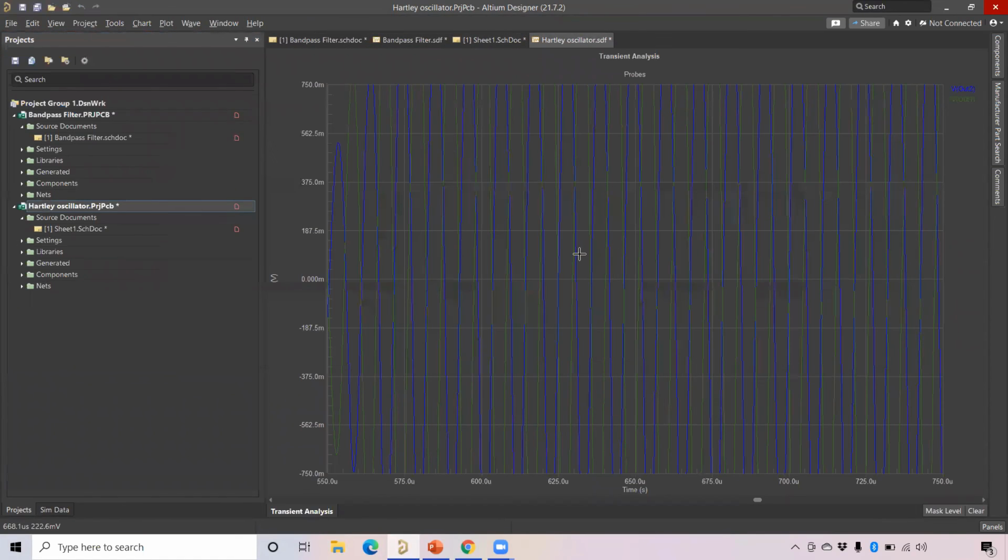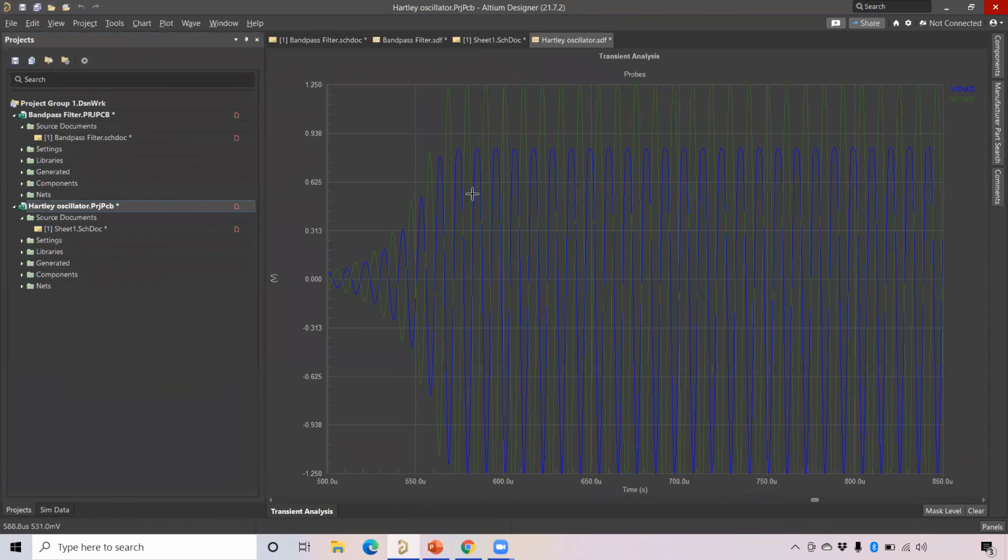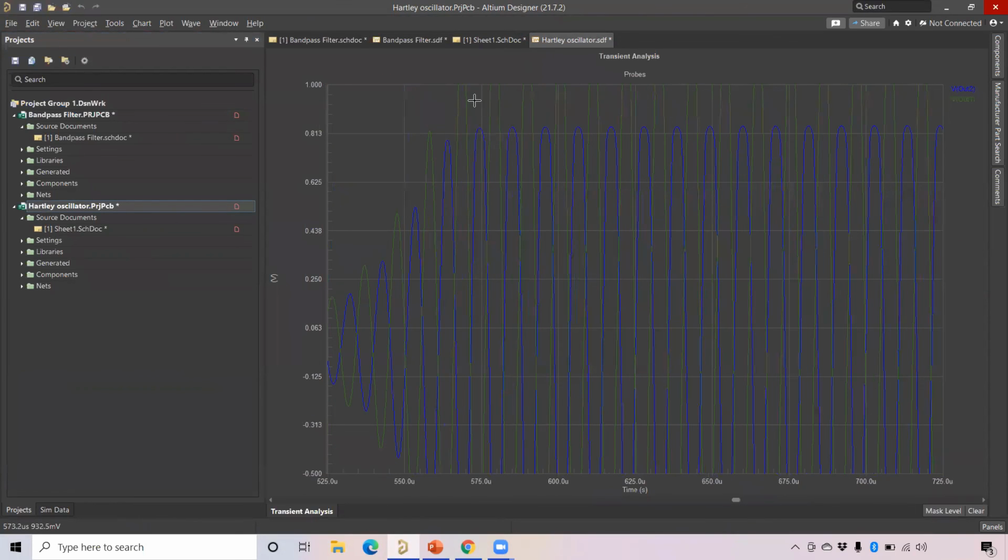You can see here it is very smooth and very clear, the output signal. Here you can refer to your V out 1, V out 2. You can see the V output here. It is more clean and neat.